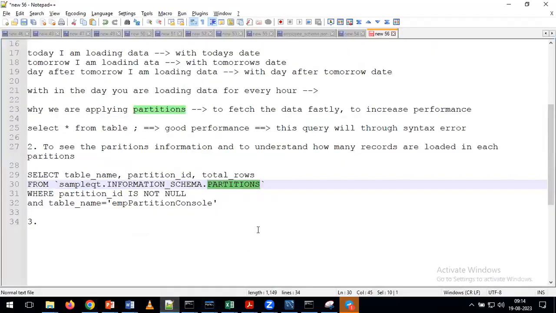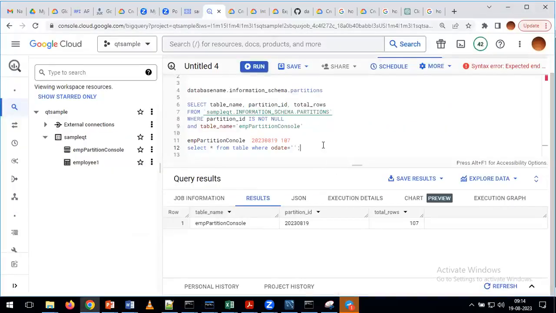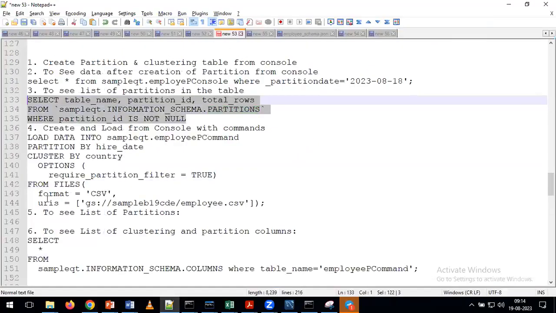Now see here, as we discussed, from the console we cannot give the partition on top of a specific column. Now my requirement is to give a partition on the specific column, so what we need to do here is write the query completely. So to write the query,